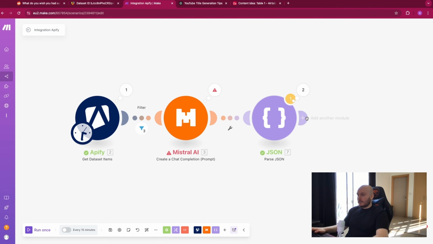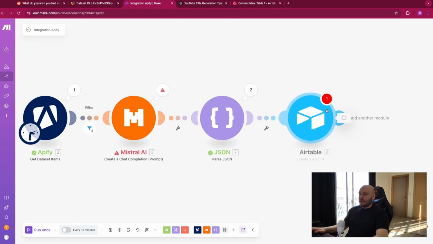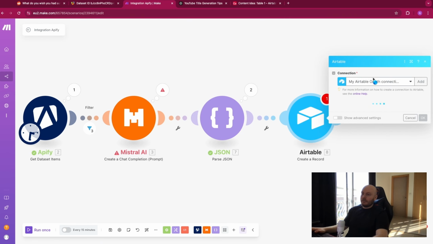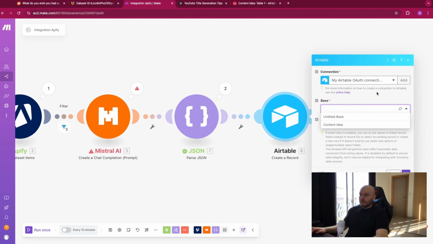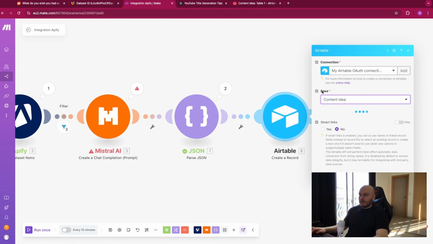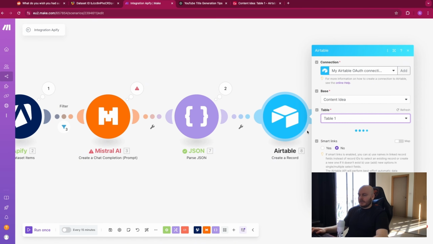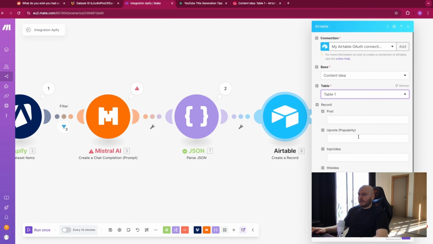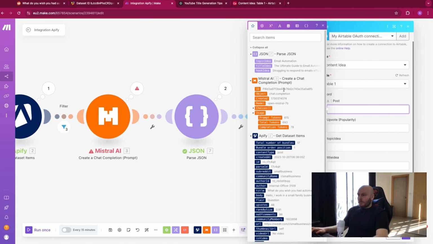Let's go back here, our table. We want to create a record. So you connect your Airtable to a Make account. So you select your base. The table is Table 1, and we should have, yeah, everything we've created. Sorry. So for the post,